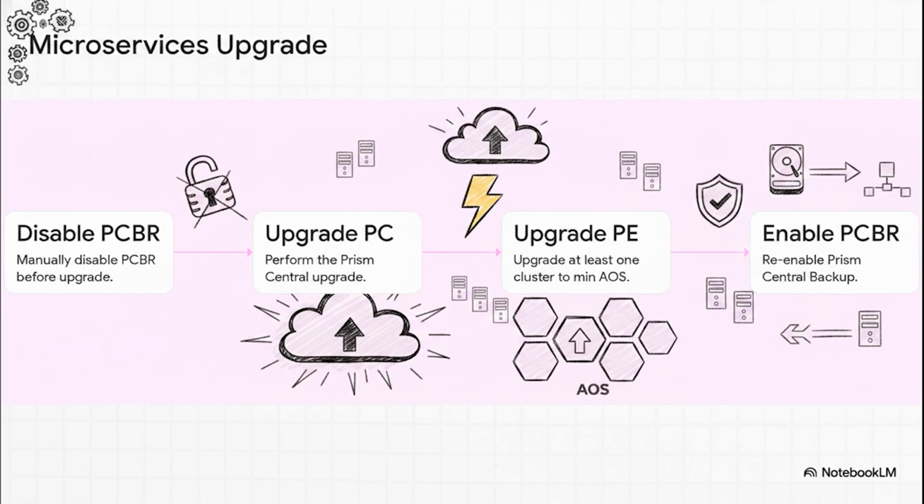Step 1. You have to manually disable PCBR before the upgrade even starts. Step 2. You perform the actual Prism Central upgrade. Then we hit Step 3, and listen up because this is the absolute kicker that always trips people up on